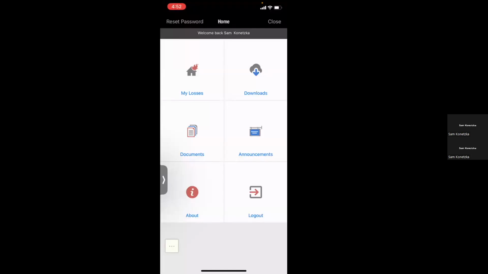Hey everyone. Today we're going to do a deep dive on the new software called MICA. This is going to be taking the place of the existing software we're using right now called Encircle. The goal is to take all the documents that we use on a day-to-day basis for each job and have